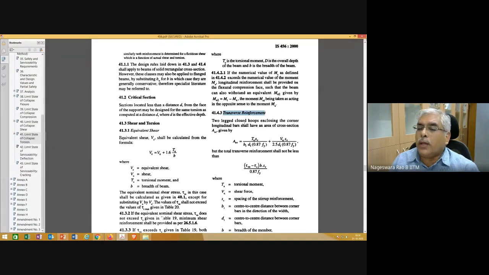Two-legged closed hoops enclosing the corner longitudinal bars shall have an area of cross section given by this.